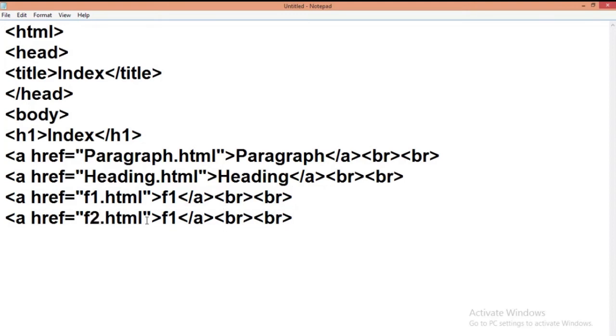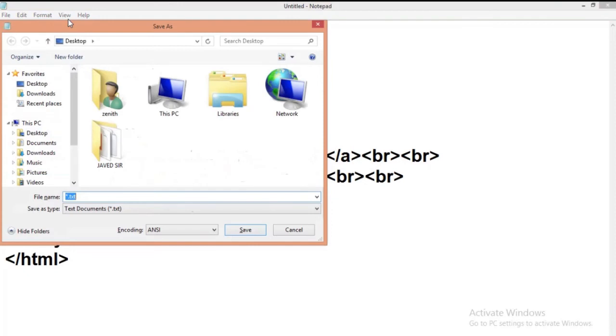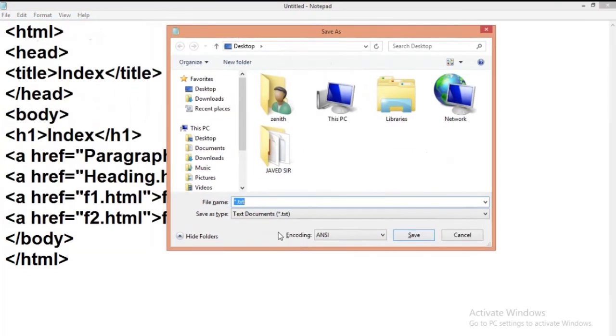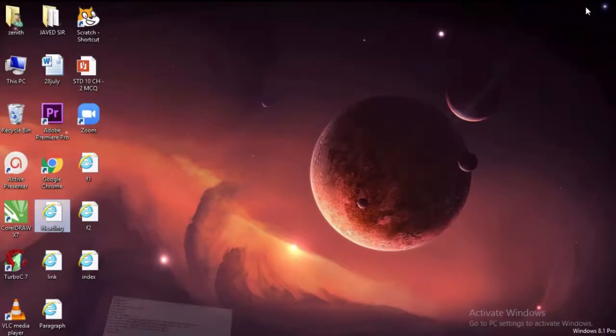So just change the heading to f2 and f2, and now complete the body tag, complete the html tag, save the file, and name it index.html, save file.